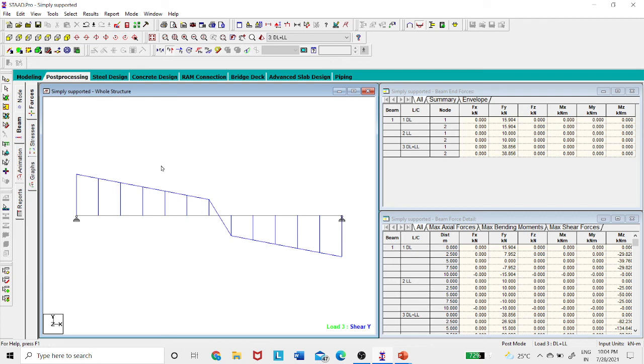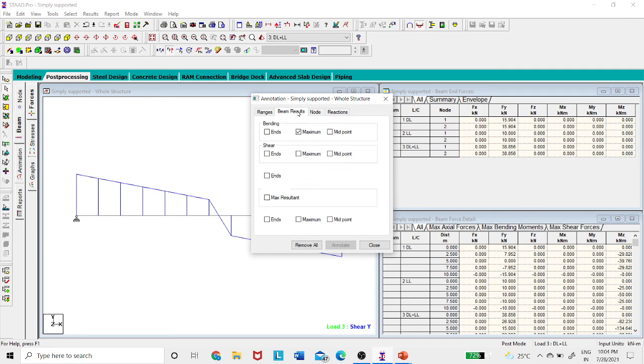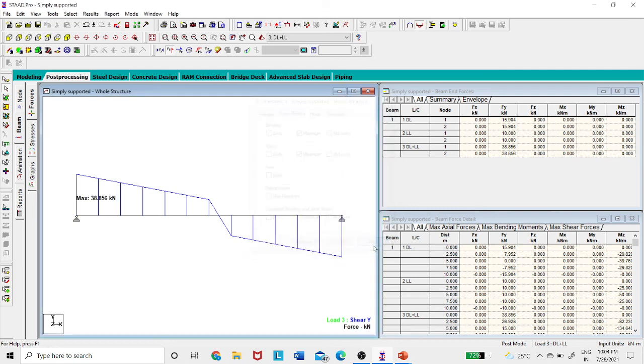And the same results if I want to show, view values, beam results, maximum shear, annotate, okay, close. Okay, so this is how you can have the analysis of a simply supported beam. I hope you have understood this. Thank you.